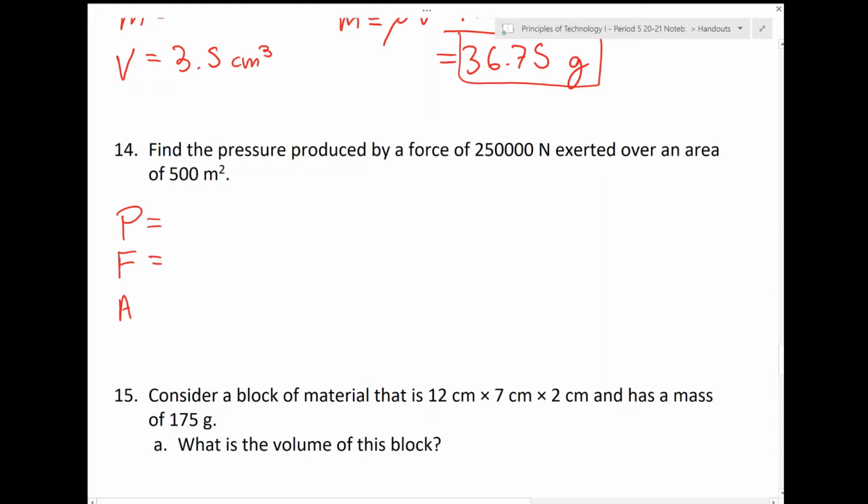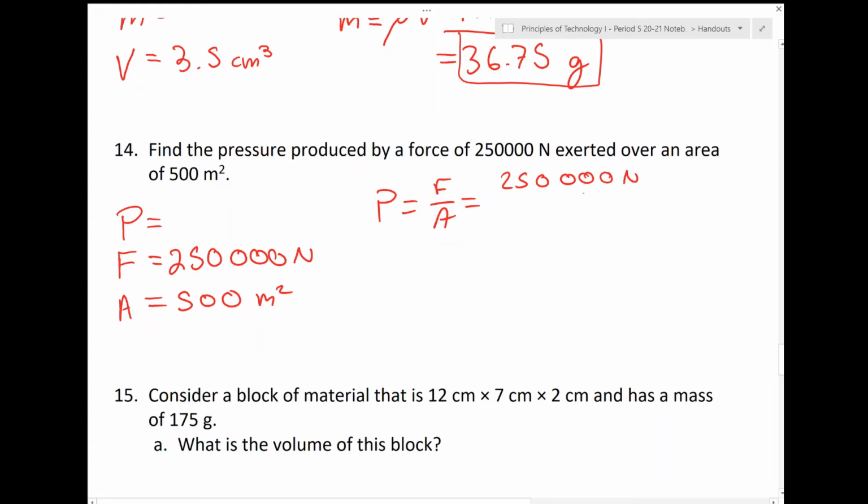The force that we're given is 250,000 newtons. We're dividing it by 500 square meters. Pressure is equal to force divided by area. 250,000 newtons divided by 500 square meters will give you